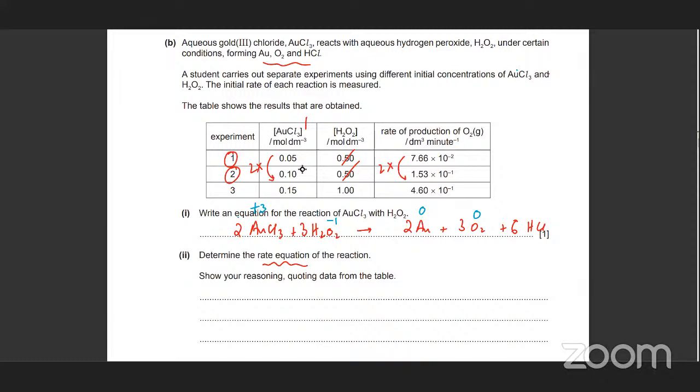Now, finding the other one is difficult, so what will you do? Why is it difficult for the other one? Because if you want to find it for H2O2, you would have to find reactions in which H2O2 is changing but AuCl3 is constant. But you can see there is no place where AuCl3 is constant. So what are you going to do? What you're going to do is pick any two random reactions in which this is changing